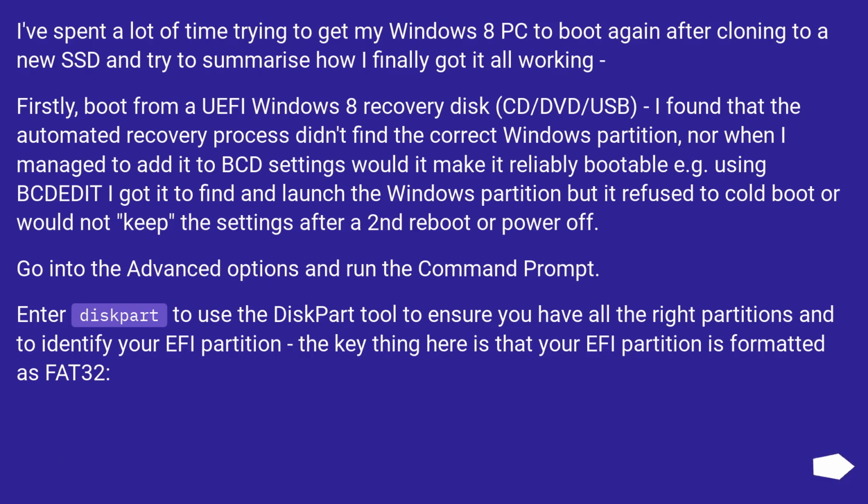I've spent a lot of time trying to get my Windows 8 PC to boot again after cloning to a new SSD, and I'll try to summarize how I finally got it all working. Firstly, boot from a UEFI Windows 8 recovery disk,